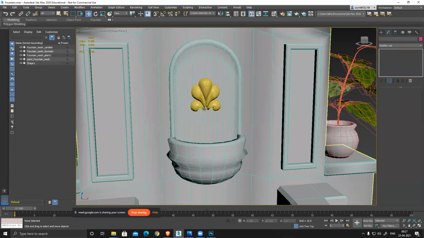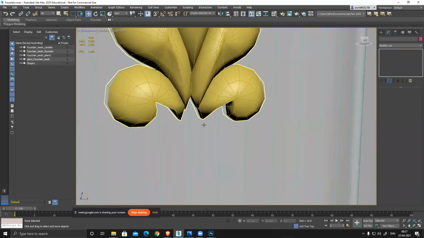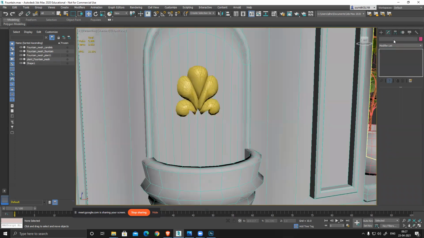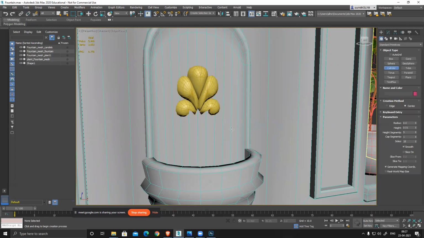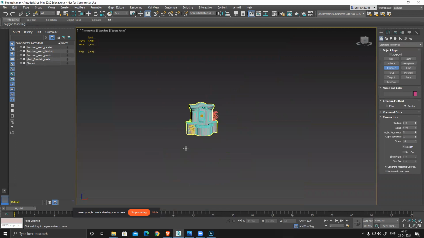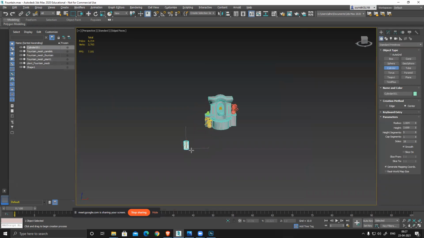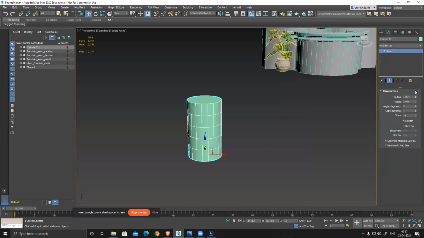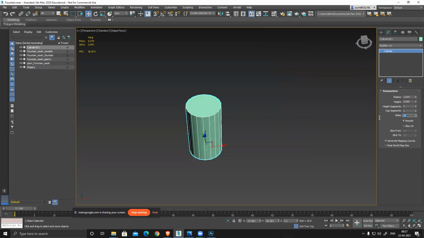And there is that water, this pipe, that pipe thing is there. So I'll just create a pipe, not sphere, sorry, cylinder. All these things are not required. It's a tiny pipe, so I'll just keep it eight-sided or something.